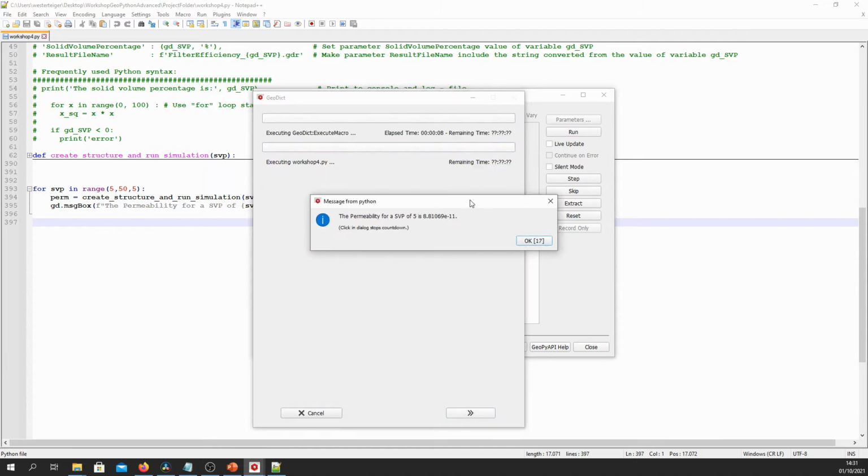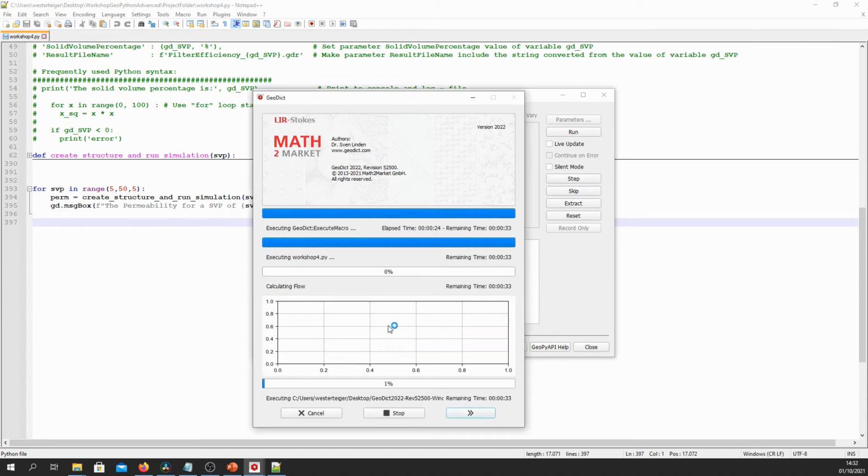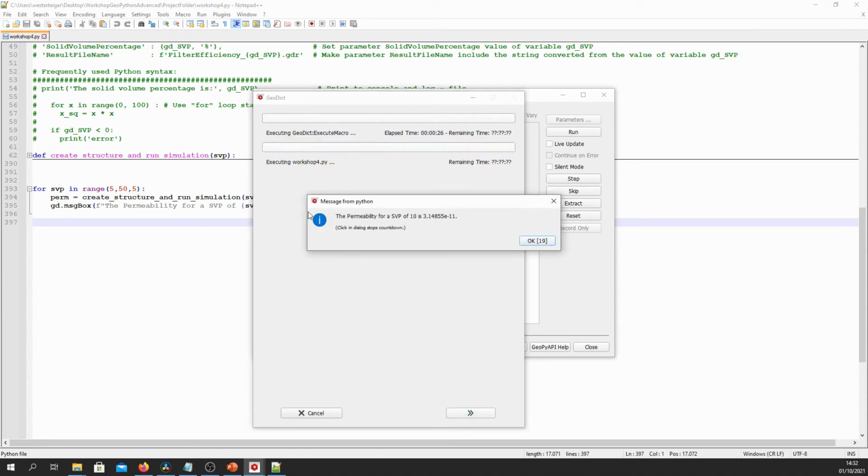And now we see the first result. So it says the permeability for SVP of 5 is 8.8 E minus 11. Now if you press OK, it'll do the next run. And we get the next result, permeability for SVP of 10, etc.